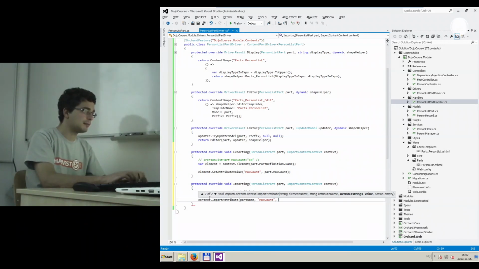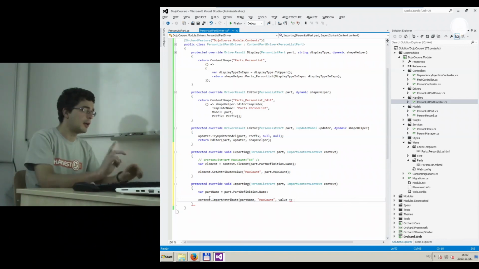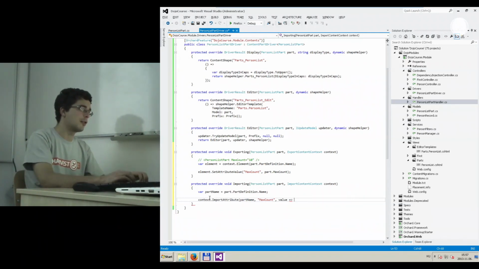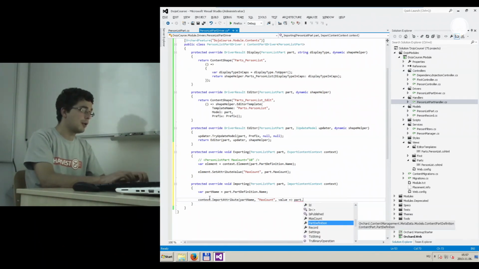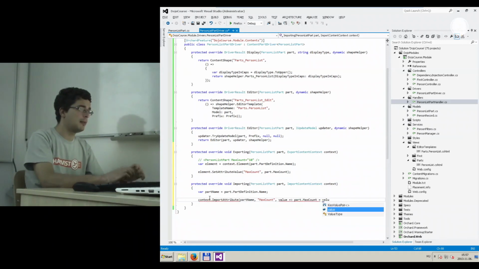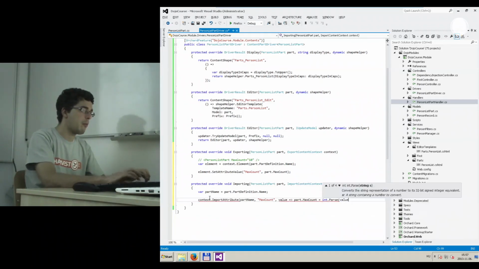So anyway, we will use the first action, and the first action will set the max count property on our part from the value coming from the XML, what was just imported. So we set max count. It could be the value, but that's a string, so we need to parse that here too with int.parse